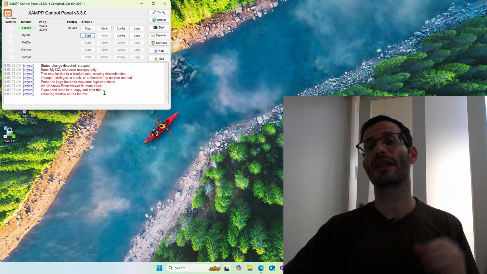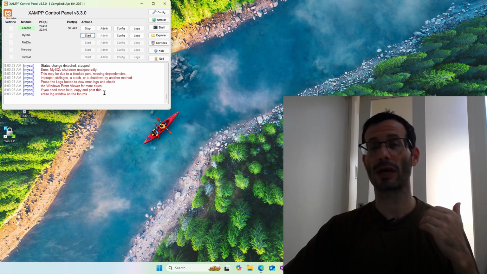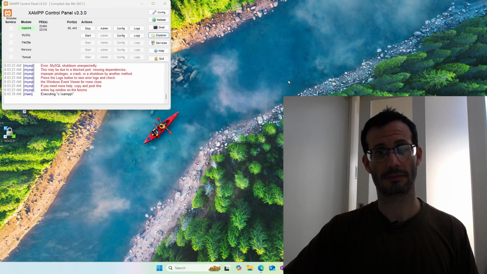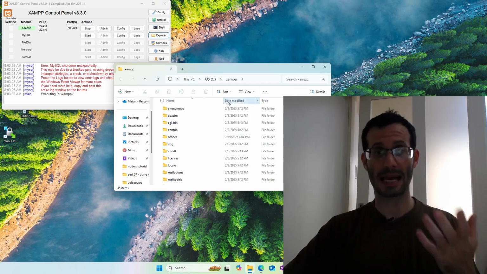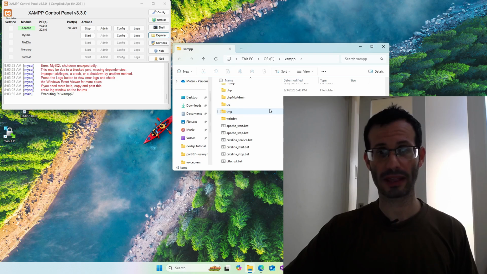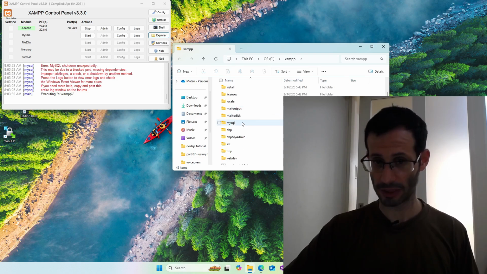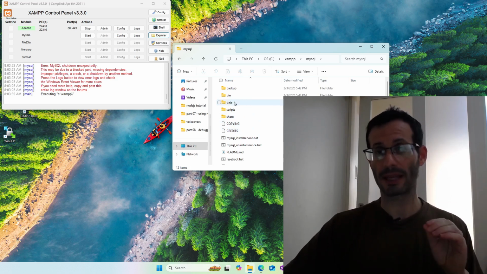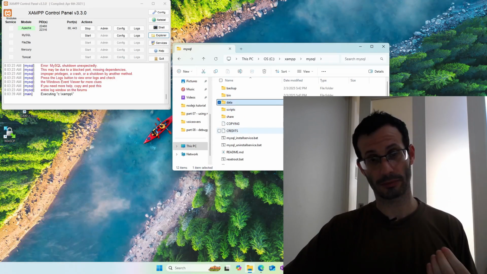First, we need to open the XAMPP folder, and the easiest way to do that is clicking on the Explorer button. And here it is, here is our XAMPP folder. Among the folders here, we should be able to find the MySQL folder. Here it is. And the problem is that something is corrupt in this folder, in the data folder, because this